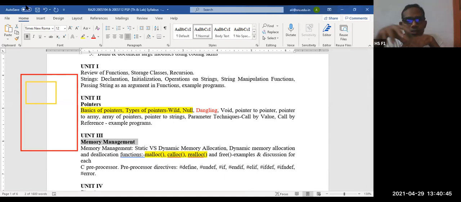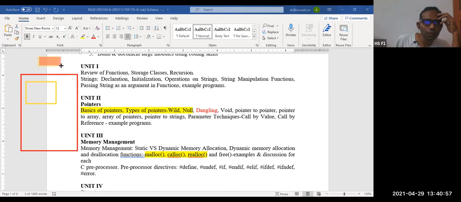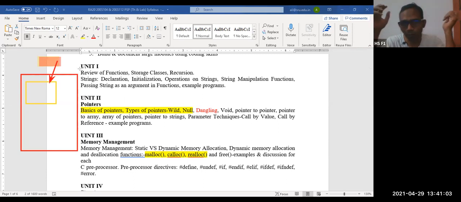Now this dangling pointer is a pointer which is going to point to a particular memory location. Means we are going to create a pointer. Say this is a pointer, and this pointer is going to point to this particular memory location which is created on the heap memory. Heap memory means dynamic memory allocation. For some of you it may be going beyond your imagination. Don't worry, we will see this concept in the next class.